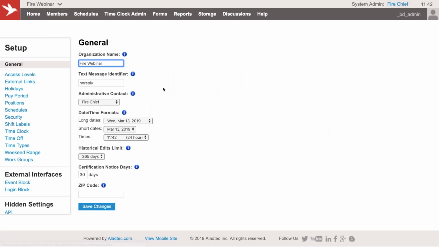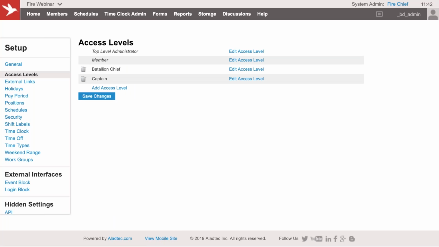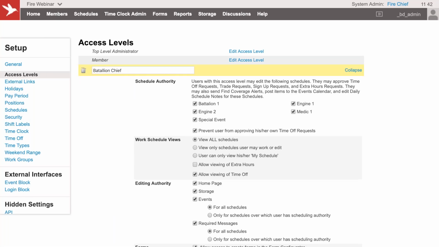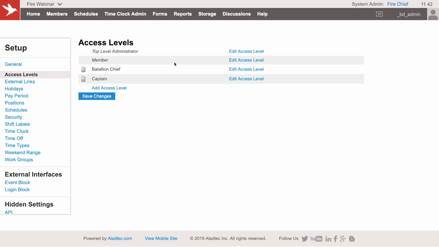Okay, so it looks like we have a question here on access levels, just in terms of how do I really tell the system who's allowed to manage what and how some of the different notifications work. So I'll briefly run through some of that. I don't want to get too deep into this one just yet, because each person's a little bit different, but our access levels are where we can define this person is allowed to